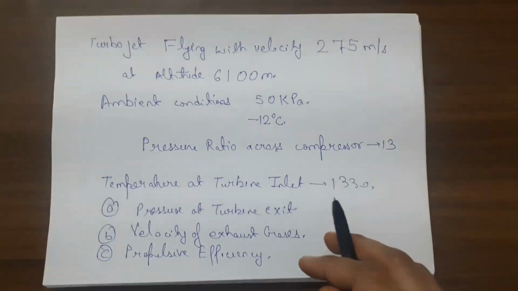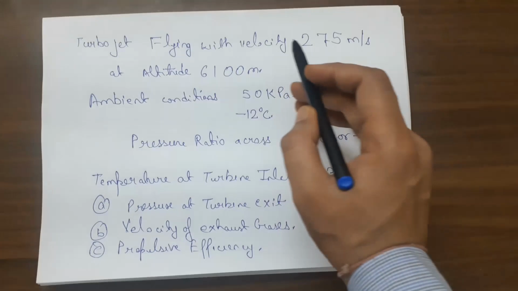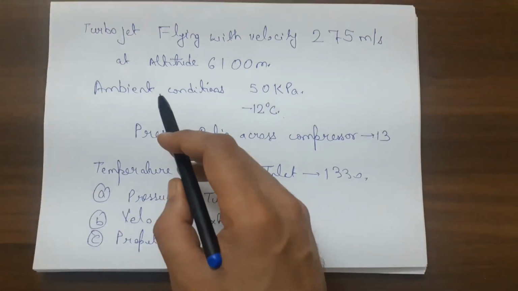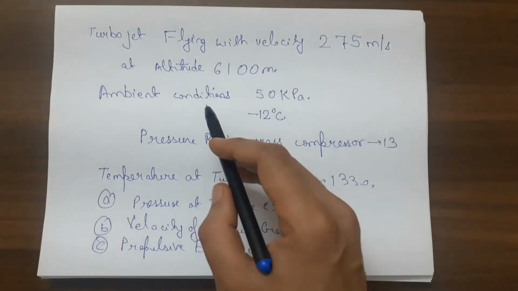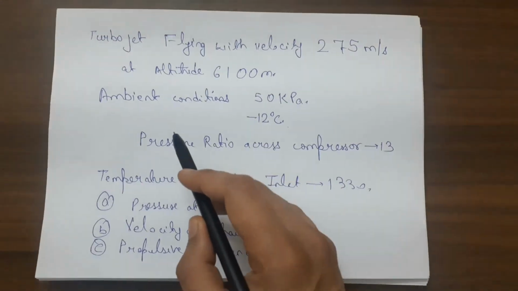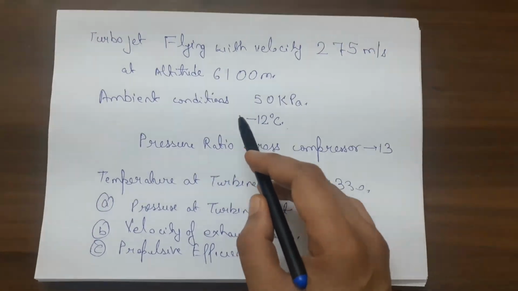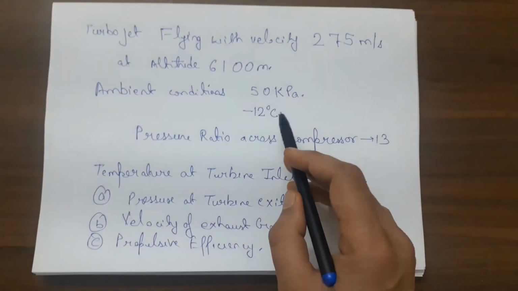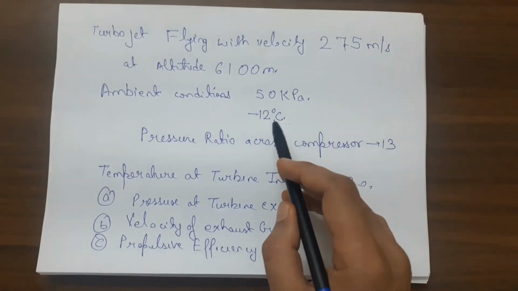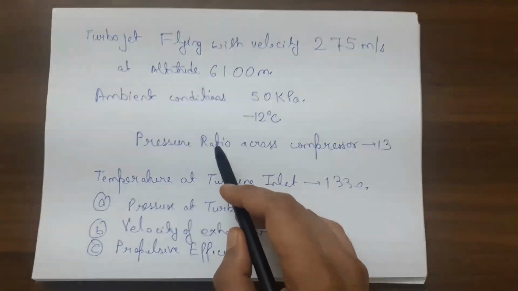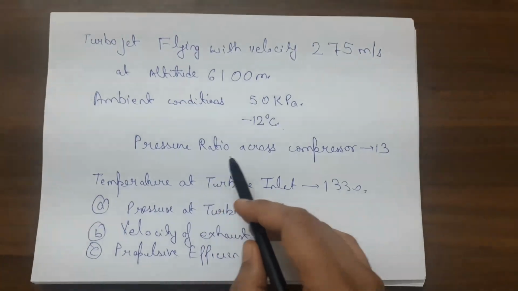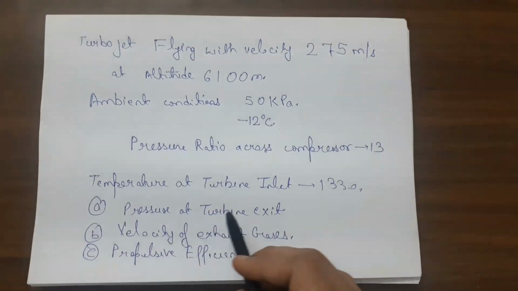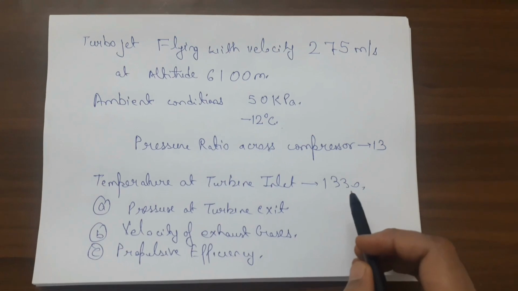In this question there is a turbojet which is flying with a velocity of 275 meter per second and at an altitude of 6100 meter. Okay, and the ambient conditions are given as, or the outside pressure is given as 50 kilopascal and the temperature is minus 12 degree Celsius. So these are the conditions which are given, and the pressure ratio across the compressor is 13. Okay, and the temperature at the turbine inlet is given as 1330